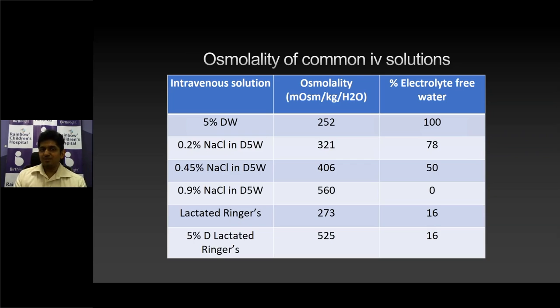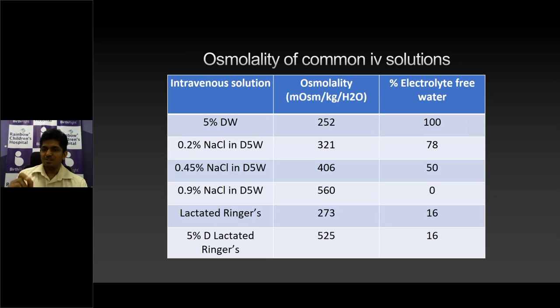The osmolality is different. For example, when you add dextrose to your fluid, the osmolarity increases, but the tonicity does not, because dextrose is freely diffusible across the membrane. Therefore, once you give the fluid into the blood volume, the dextrose diffuses across the membrane. The solute that maintains the tonicity is your sodium, so the tonicity depends on the sodium. Again, once the fluid goes into the blood circulation, the osmolarity comes down and the tonicity will be equivalent to that of plasma. The tonicity is exclusively dependent on the sodium concentration in states where the blood glucose can be